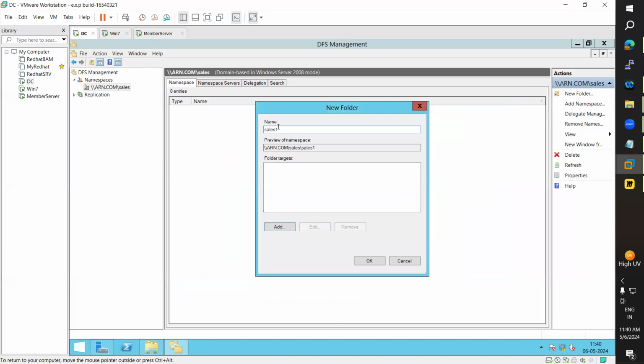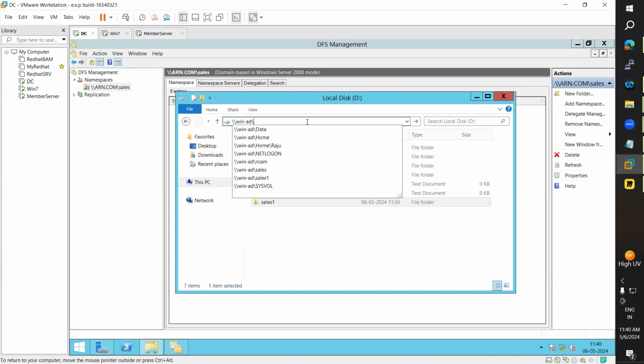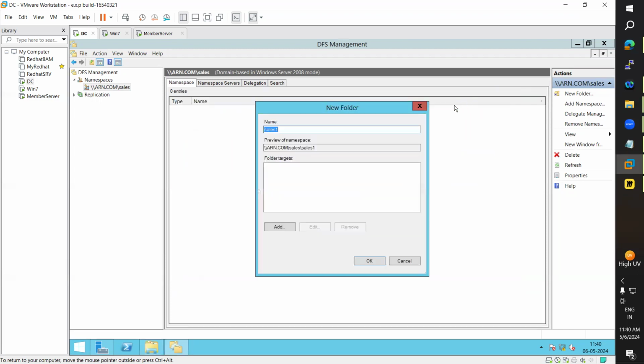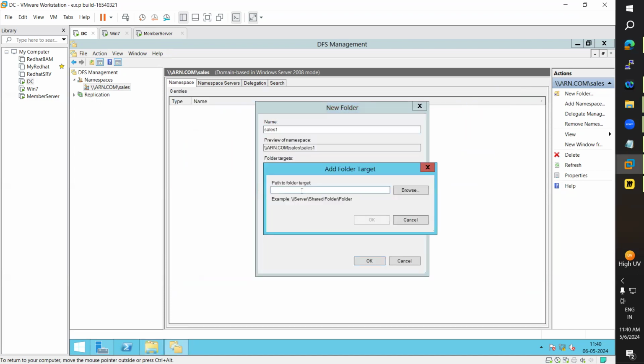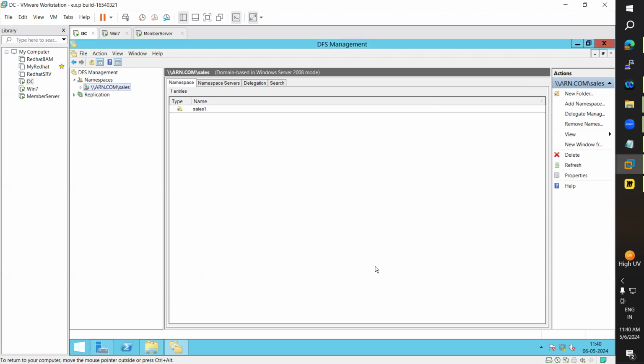Now you need to give sales one. Where is the sales one? Sales one here. So what is the path here? win-ad slash sales one, right? Give the target here. Give target so that this, okay, sales one. Okay. Now add new folder,